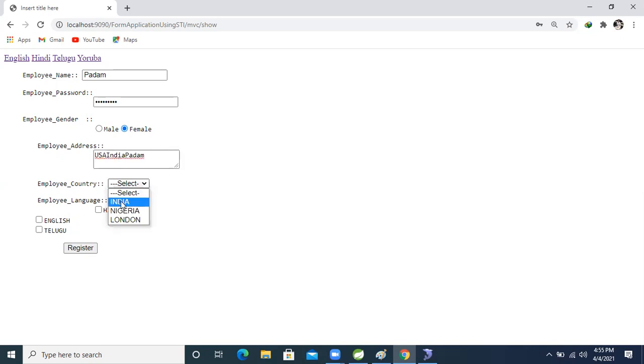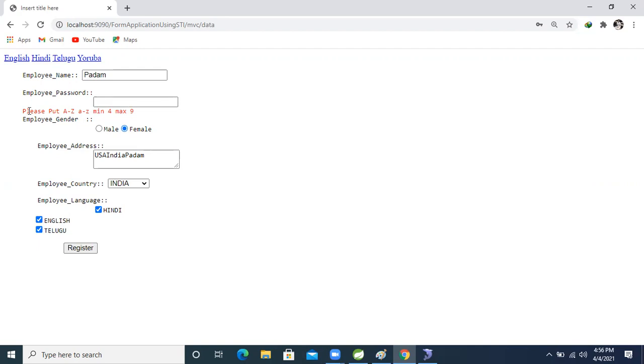Okay, so now India, English, Hindi. I think you know Hindi also, right? So now submit. Oh, the password is small. Okay, so 1234 at the rate d, just d. So now submit it.